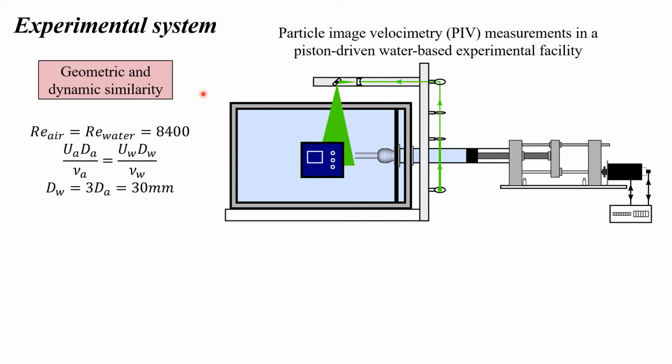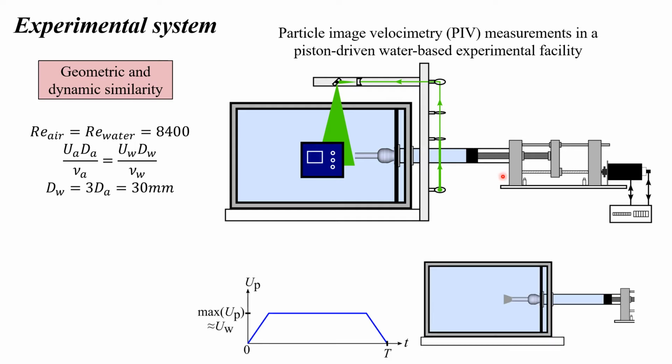These experiments were performed under geometrically and dynamically similar conditions to actual DPIs operating in air by matching the Reynolds numbers in these two cases. The Reynolds number is defined based on the mouthpiece exit inner diameter d and the average axial exit flow velocity u. Scaling up the DPI model and using water as the working fluid allows for higher spatial and temporal resolution PIV measurements to be performed than what's possible in air. Each forward piston stroke physically simulates an inhalation flow period.